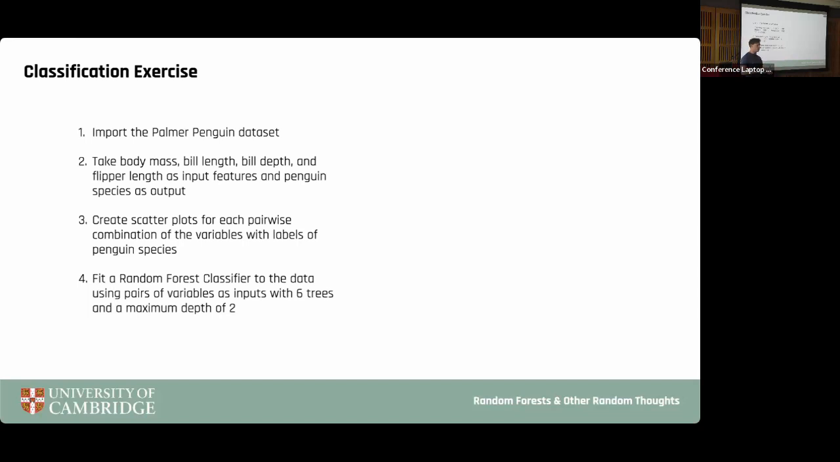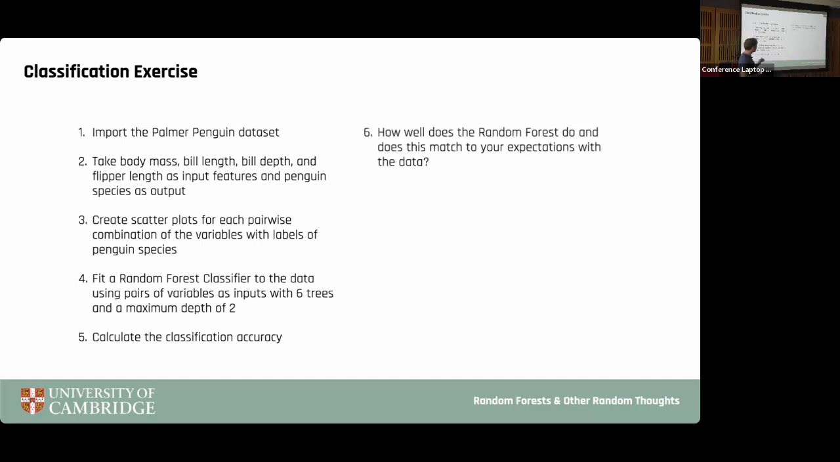You're going to fit a random forest classifier to the data. Initially, I want you to use pairs of variables as the input, using a relatively small number of trees, maximum depth of 2. The reason we're doing that is because we've got a tree explainer in the exercise, so you'll be able to trace the path through the decision tree and see how it's outputting each different penguin species. You're going to calculate its accuracy, and then we're going to hopefully draw some conclusions from that, and then move on to looking at all 4 variables,